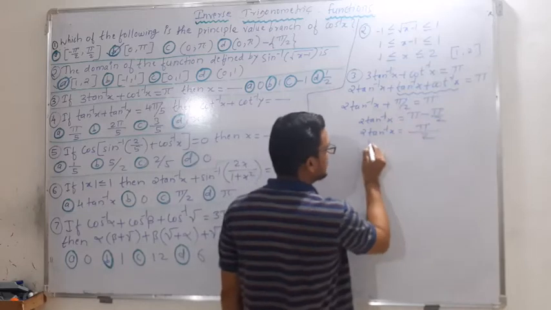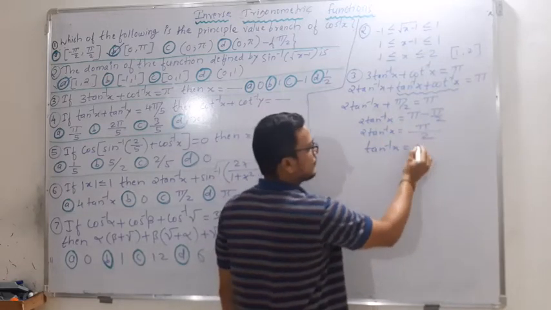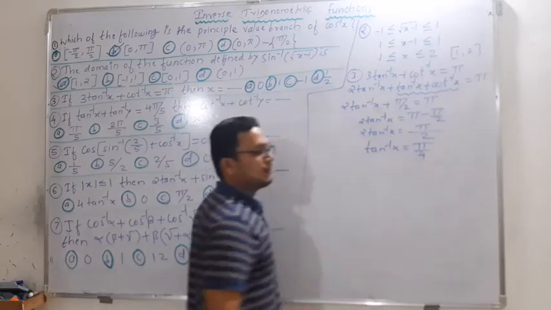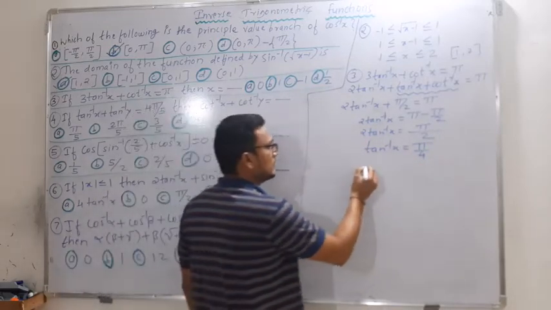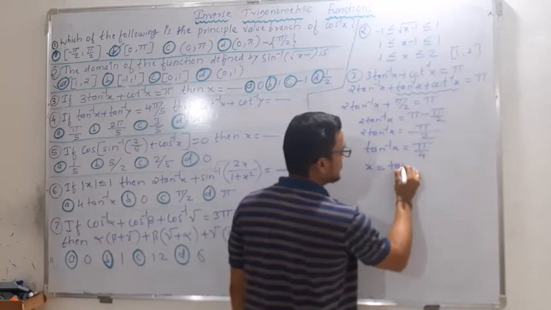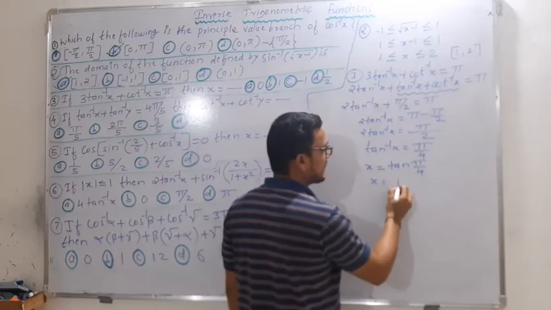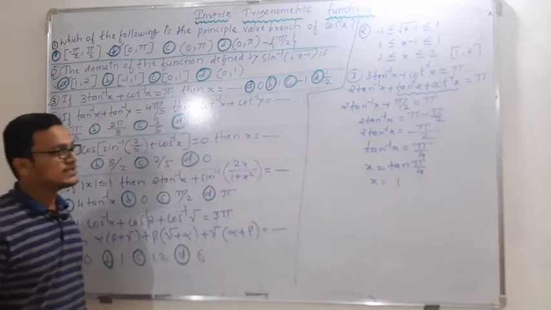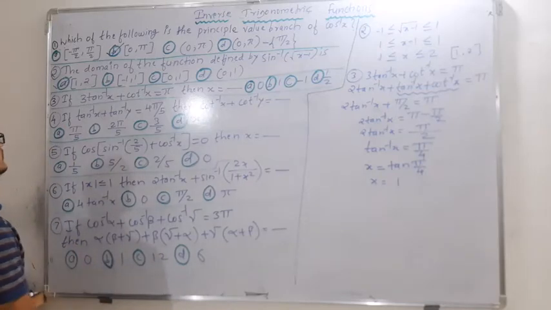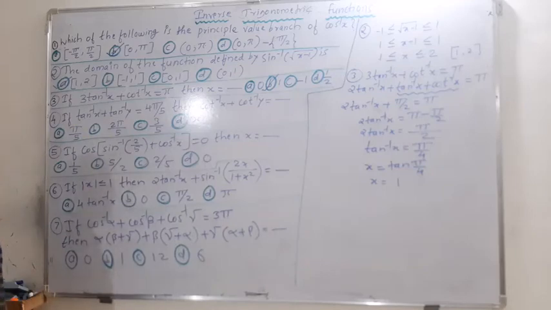2 you transfer to that side, it will divide, so it will divide here, means 2 to the 4, so the answer is pi by 4, right? Now here, x is equal to tan inverse, you transfer to that side, so it becomes tan of pi by 4, so x is equal to tan 45 degrees, which is 1. So option B will be correct. Okay. Next, question number 4.